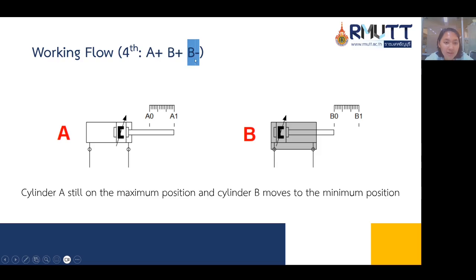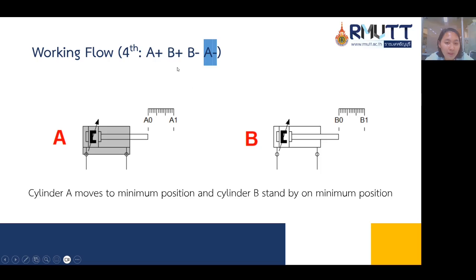After that, the signal flow is B minus. After cylinder A goes forward and B goes forward, for B minus, cylinder B will go backward and reach limit switch B0. It means cylinder A is still in the maximum position and cylinder B moves to the minimum position.